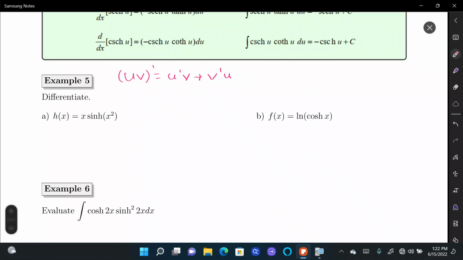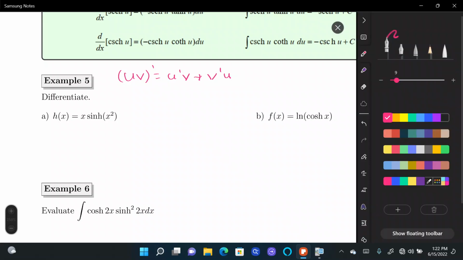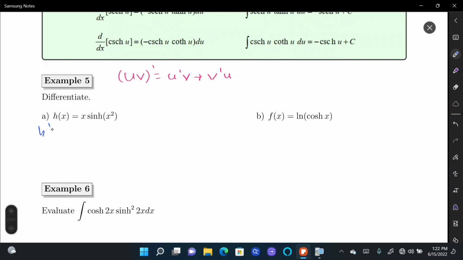So in this case, h prime of x will be the derivative of x, which is 1, times sinh, simply sinh without doing anything, plus the derivative of sinh, which is cosh,